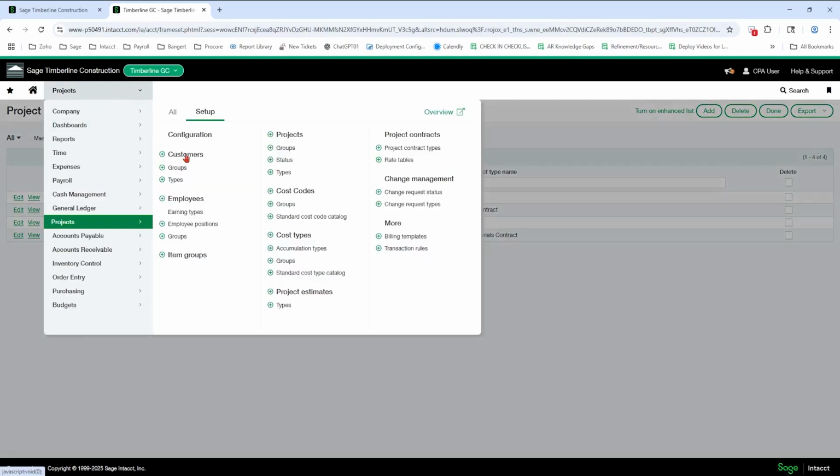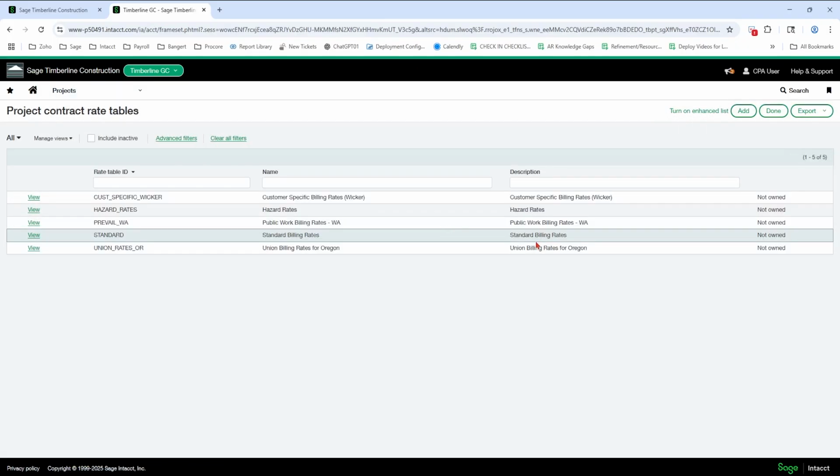Okay, now I'm going to navigate to rate tables. So rate tables are a way to put a rate or a percentage on purchase orders, subcontract invoices, your time, your labor, your hours, so that it can be marked up either using a rate or using a percentage markup. Some people also do equipment time and do rates for their equipment. We have a very specific setup at Banger for that equipment type of setup, okay? So all of those types of situations can be done using rate tables.